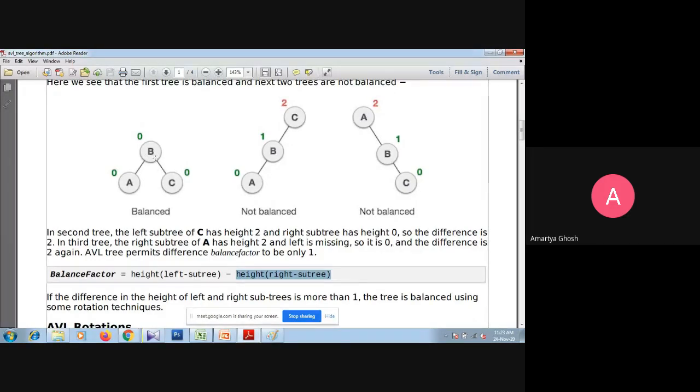Same for the right side, single node, and using a single edge we can get it, so that is why the height of right subtree is also 1. So left subtree is 1, right subtree is 1, so balance factor of B is height of left subtree 1 minus height of right subtree, that is also 1, so 1 minus 1 is 0. So if the balance factor,